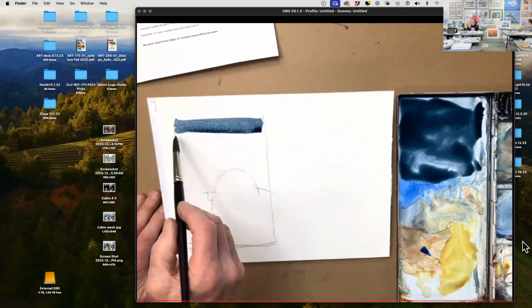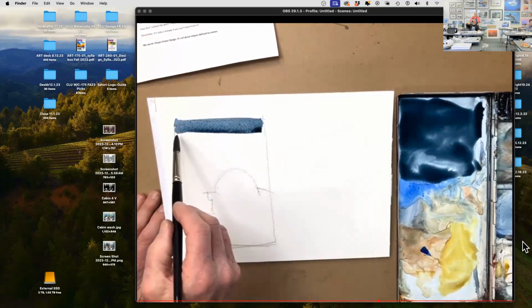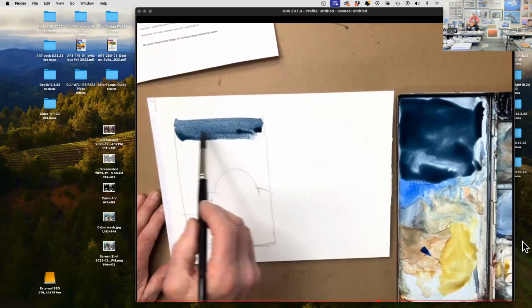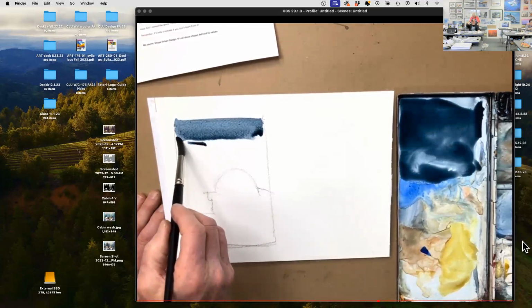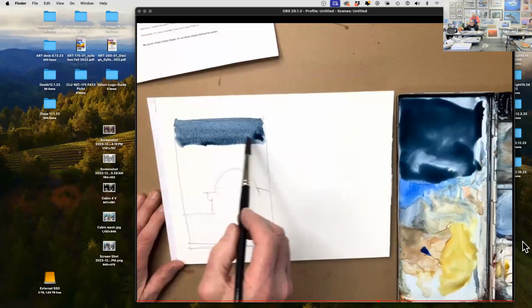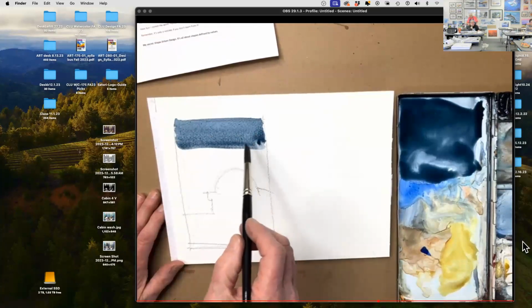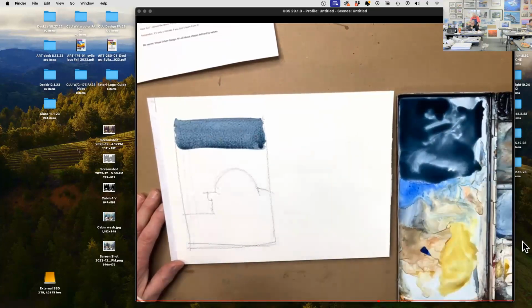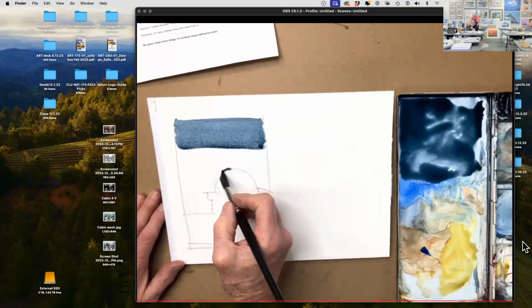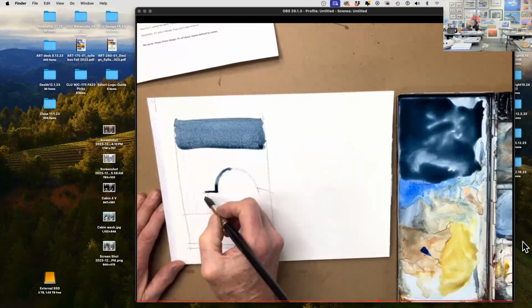And while I see that bead of water forming, I can keep painting as long as I overlap. I'm not going to come up to it. I'm going to overlap. And you see how that's starting to get a nice flat color. Well, I'm going to say, oh, to heck with that. I've got to make sure this is right. So I'm going to paint around